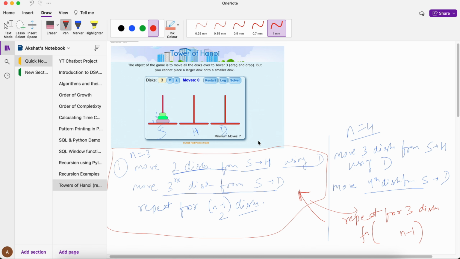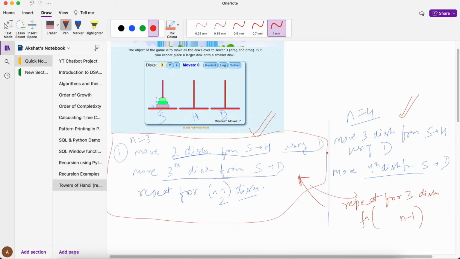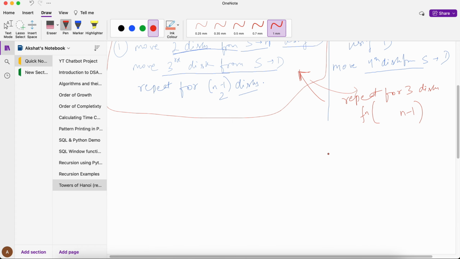So this is the algorithm for n is equal to 3. This is the algorithm for n is equal to 4. Let us formulate an algorithm for n. I am trying to teach you how, once you solve a problem and the mental model is clear, once you solve the problem in your mind, you formulate the algorithm from it, and then from algorithm to code. So step 1 would be, move n minus 1 disks